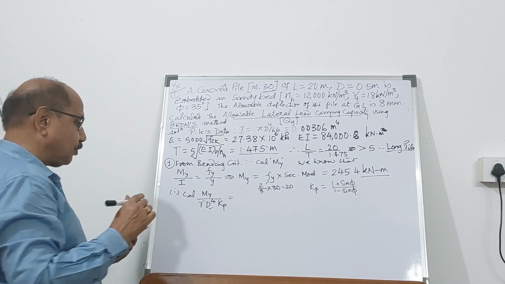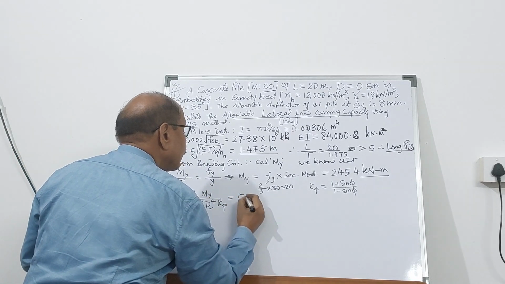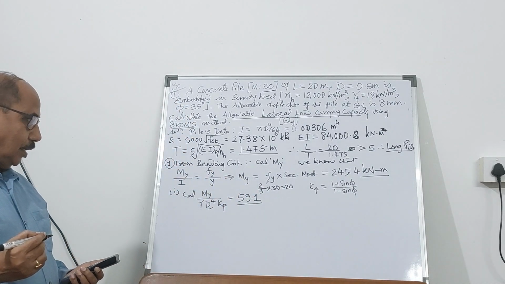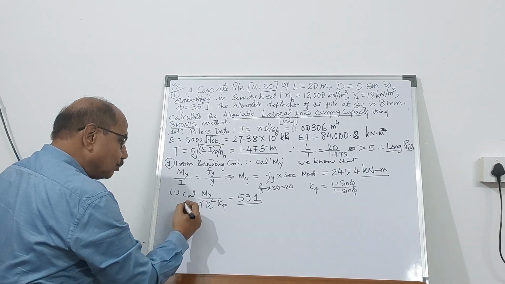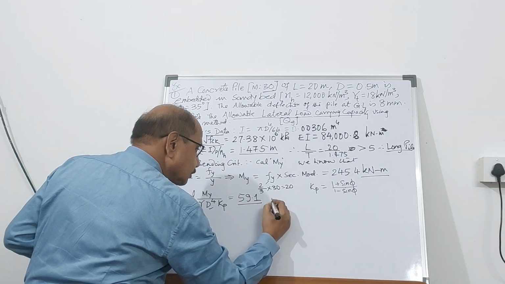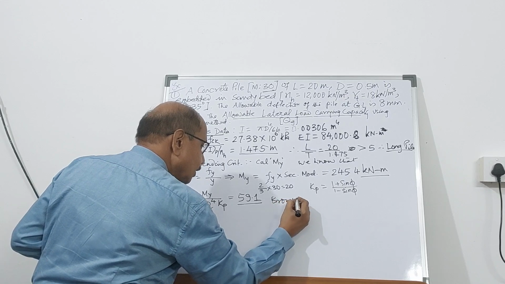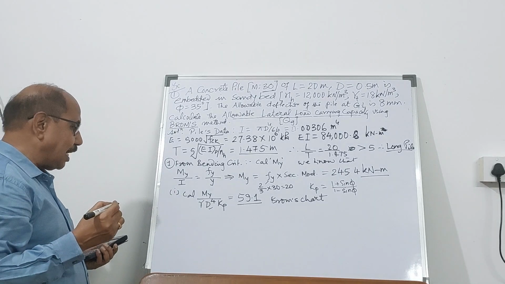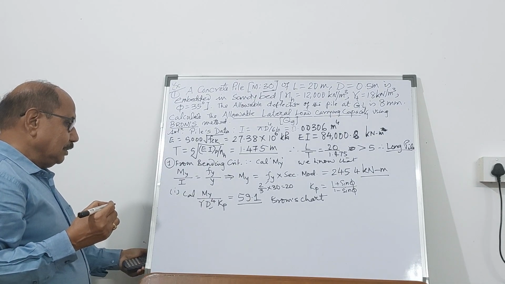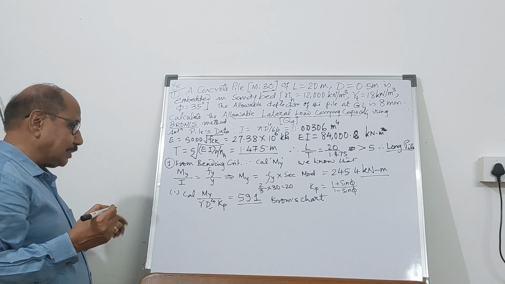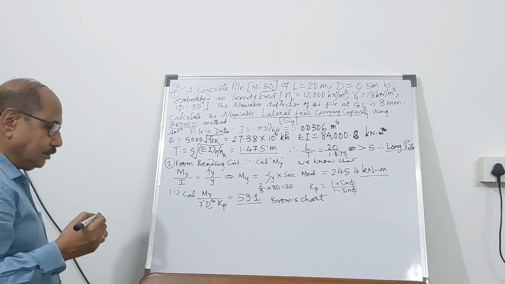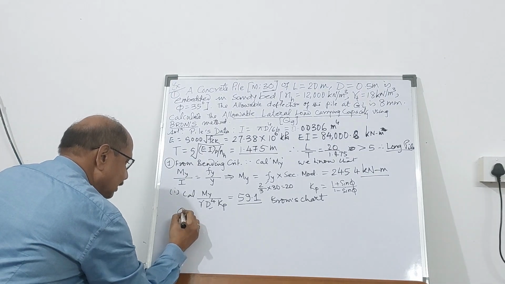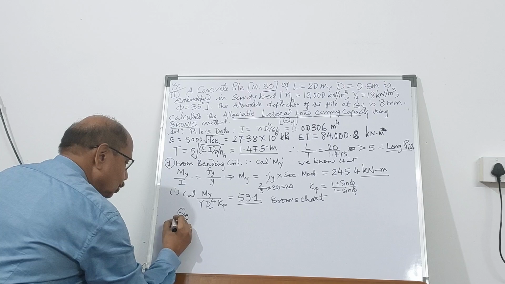This value is 59.1, no dimension. So on the x-axis, if you see the Brom's chart, you know that on the x-axis it is 59.1. So from the chart, if you refer to the chart, you will be getting Qg